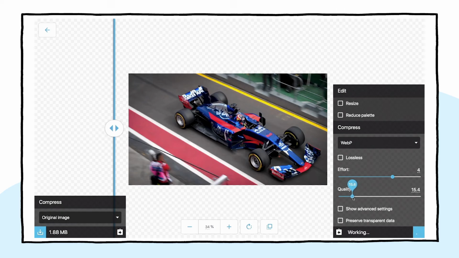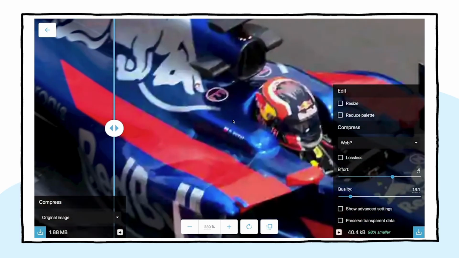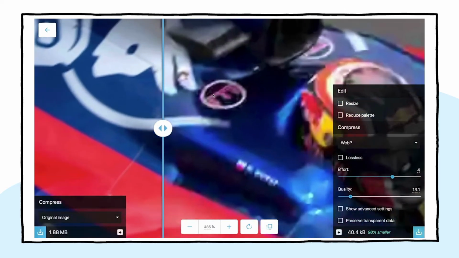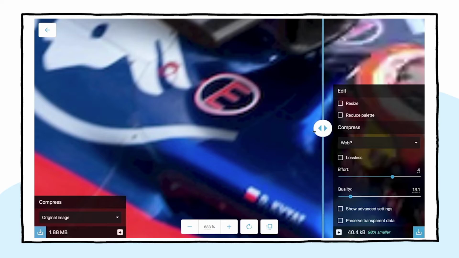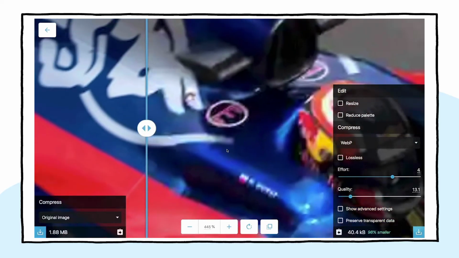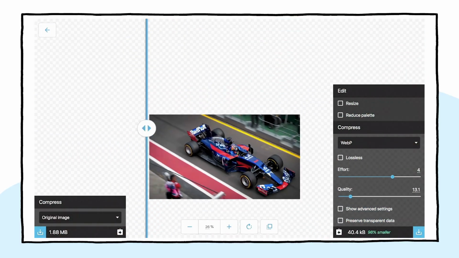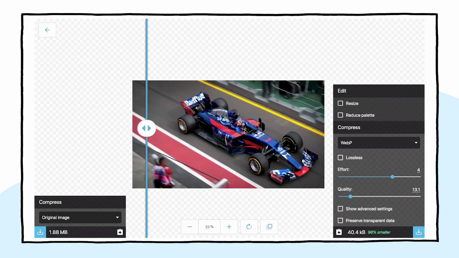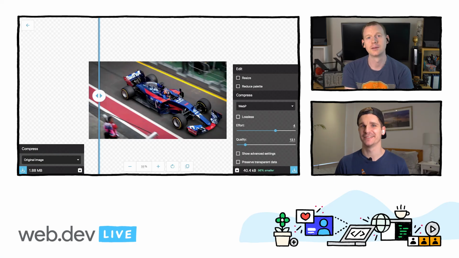Now, it's really tempting to do this, but please don't. Like, don't put your nose to the screen. Don't zoom in, because if you do that, it'll look bad. It's not going to look good, right? The more you zoom in, the worse it will look. Like, oh, look at that. That's disgusting. But users honestly aren't going to do that. Considering that we just removed 98% of the data, and it still looks that good even when zoomed in, is kind of cool. It's absolutely incredible.